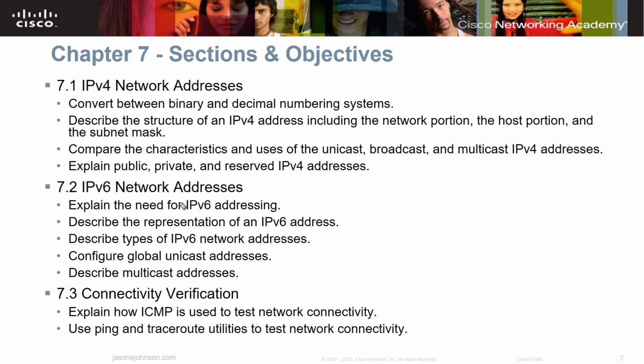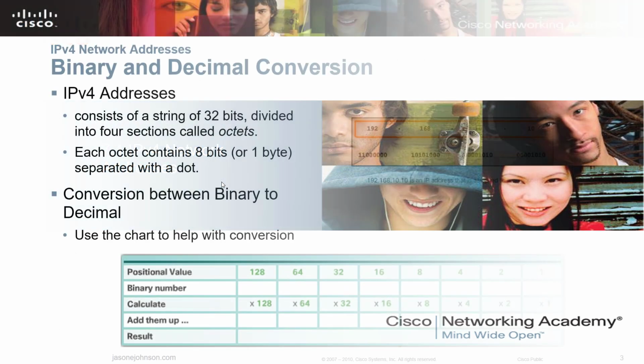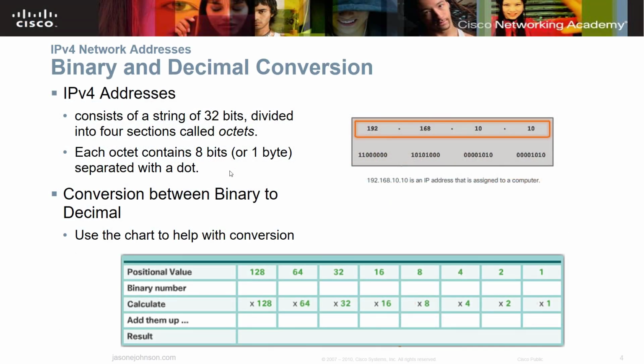So let's move ahead and talk about V4 network addresses first. On the V4 addresses, what I'm not going to do in this video is go through the whole how-to of converting binary to decimal and decimal to binary and subnetting and all of that. I've got separate videos for that. Check in the description below, or you can check on this playlist at the end. I put those videos at the very end for you, and we'll talk about how to do that conversion.